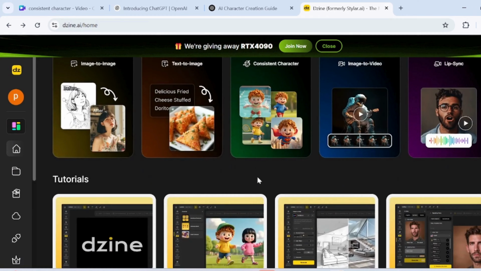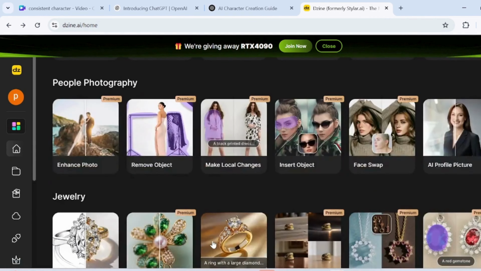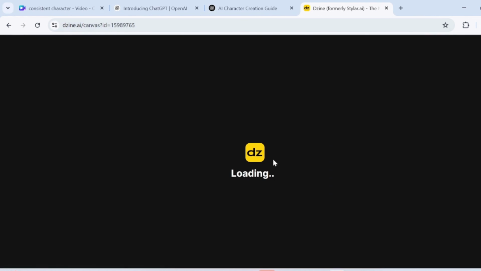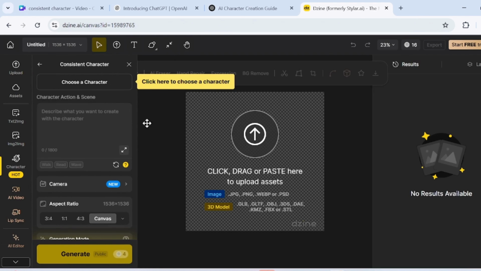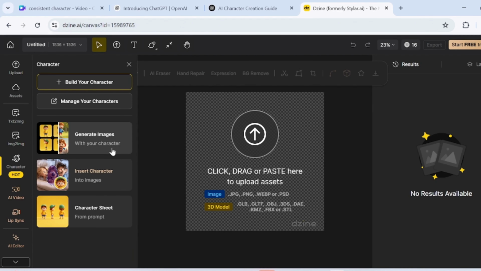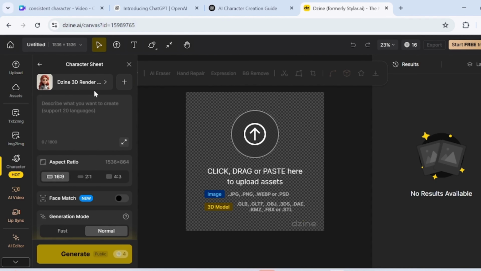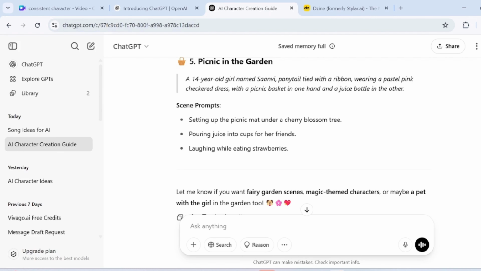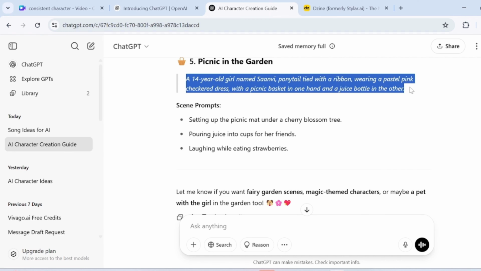Let's head over to our final tool, Dzine.Ai. Click on Consistent Character, then click Character again. Under the three sections, go to Character Sheet. In the Model section, select PixiePop 3D, set your desired aspect ratio, then paste your prompt into the box and